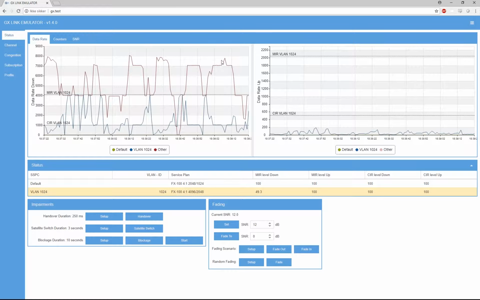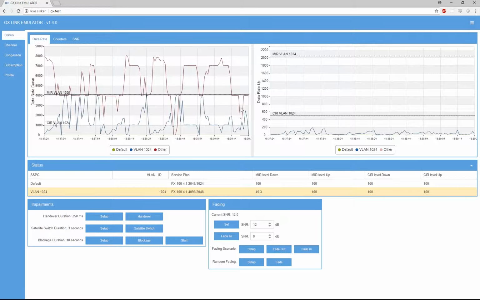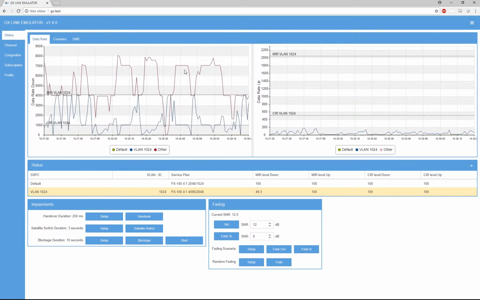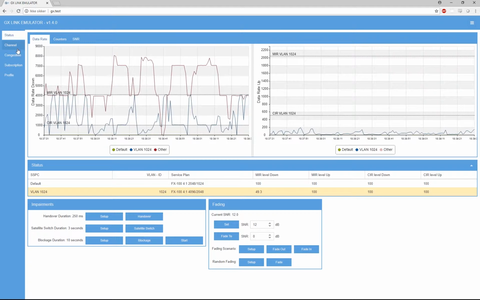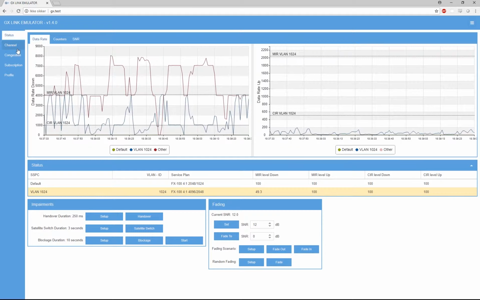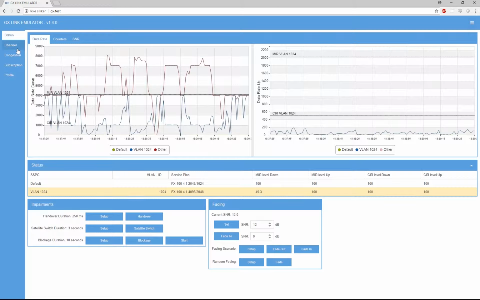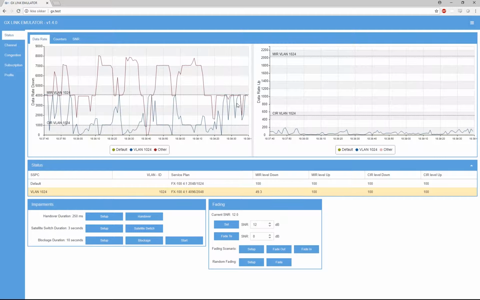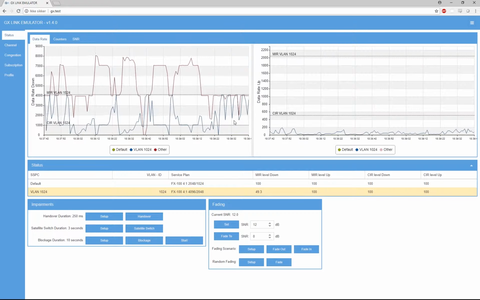The red chart here is for other traffic. You can see it quite bursty, goes up and down. I have set the GLE to use a fixed bandwidth channel, 8 megabit per second. So your application and the congestion user will have to share this one.